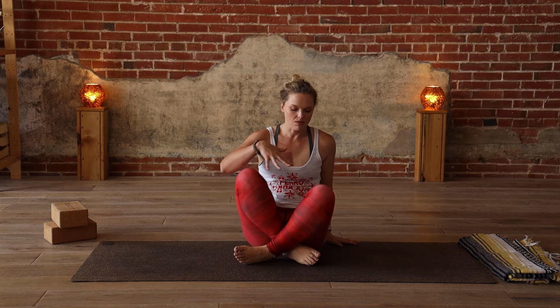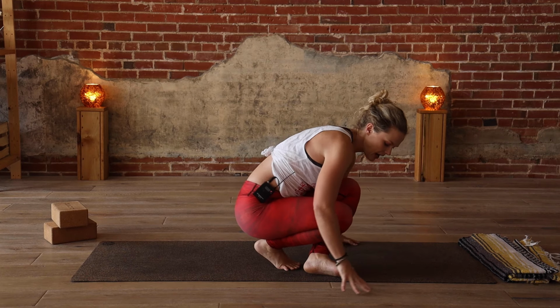There is that other short tutorial that goes through a little bit more in depth what that side crow experience is like, different tips, but this is what we worked up to today in our flow. So again, pausing the video, going to visit the tutorial if you need to, but you're nice and warm for side crow, so we want to take the opportunity to play with it if you're interested in playing with it, okay? So just to give you a little sample on the other side, again,